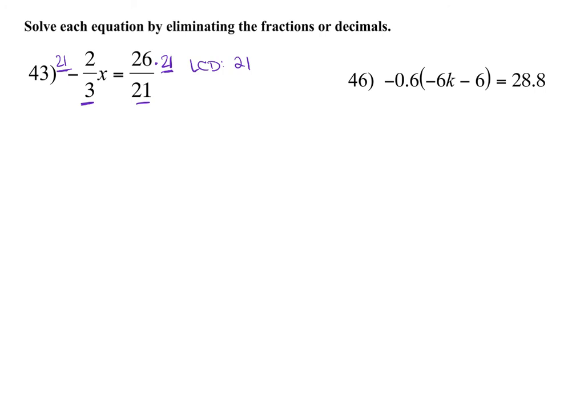When I do that, my denominators will cancel. 3 cancels with 21 and leaves just a 7. 21 cancels with 21 and leaves just a 1. So I have 7 times negative 2. That's negative 14x. And I have 26 times 1 gives me just 26. So now my final step here is just to divide negative 14 on both sides. On the left it cancels. I have x equals negative